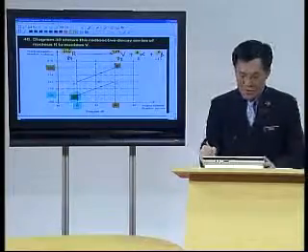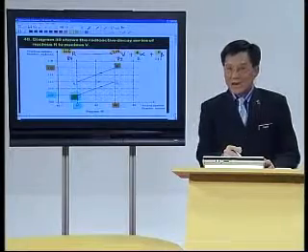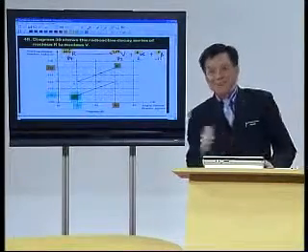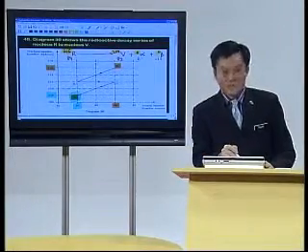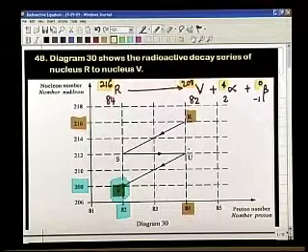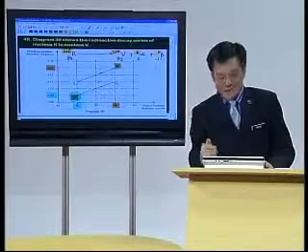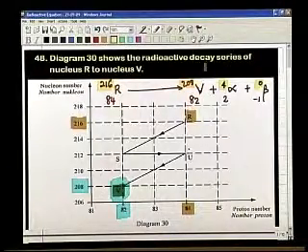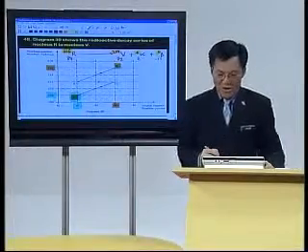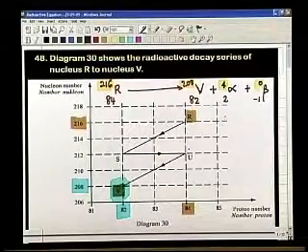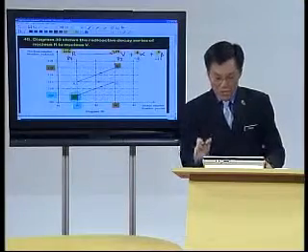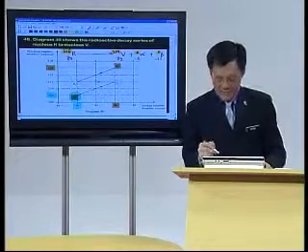Okay, just look at the nuclear number. On the left-hand side of the equation, it must balance the right-hand side of the equation. I have 216 for R, so the total on the right-hand side must be equal to 216. For V, I have 208. And I know that for alpha, the nuclear number is 4. So how many alpha particles must there be so that I will have a total of 216 on the right?